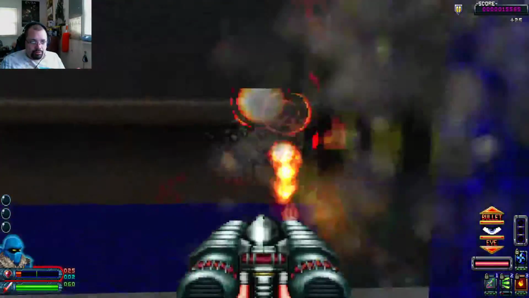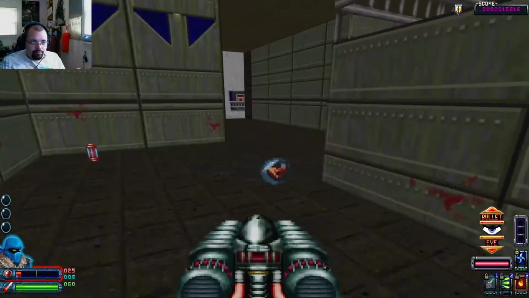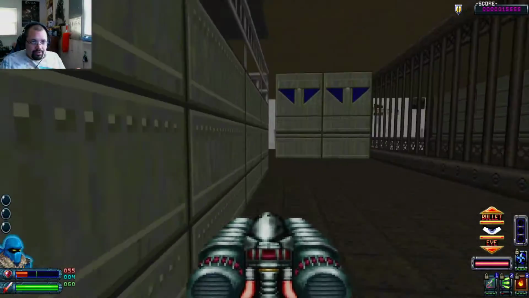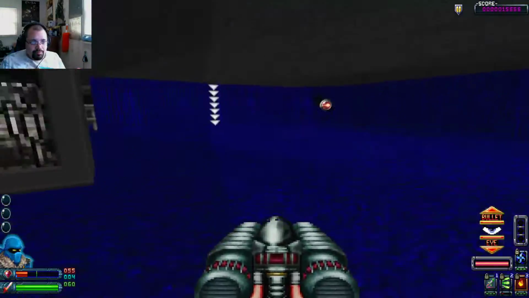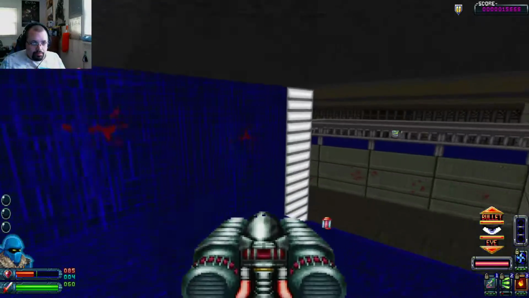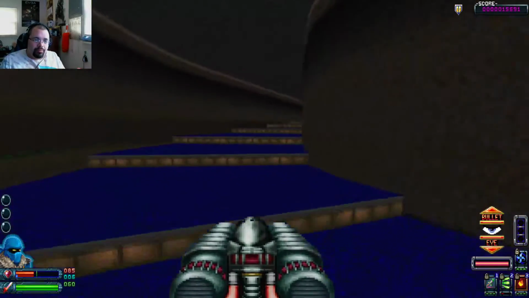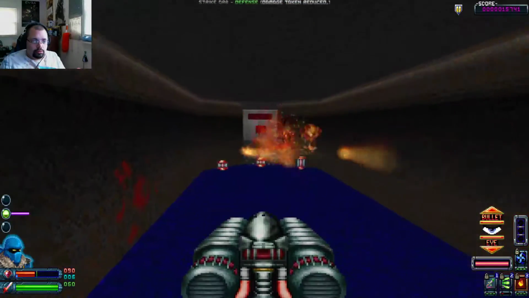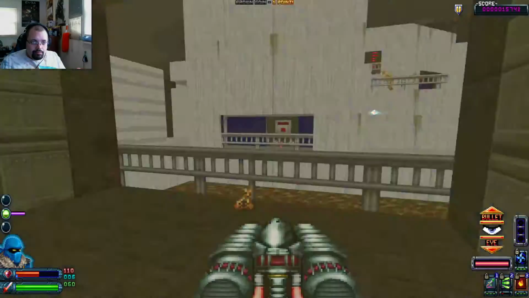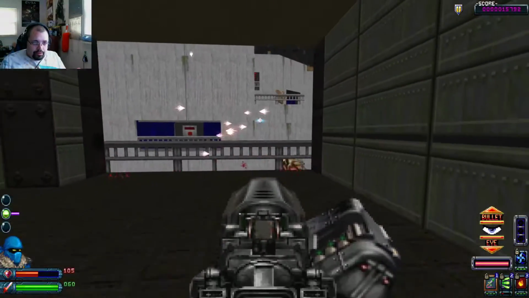See if I can upgrade my spread shot. Let's get some help. I've got custom sprites for the doors here. Yeah, not too much to talk about this time around, so I'm just gonna play through this. Think about the